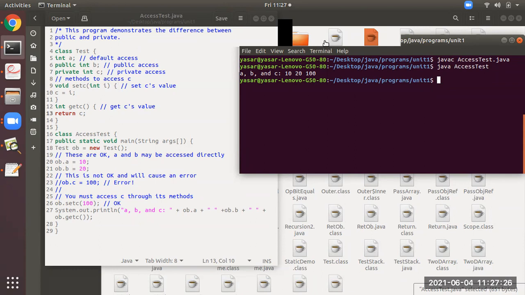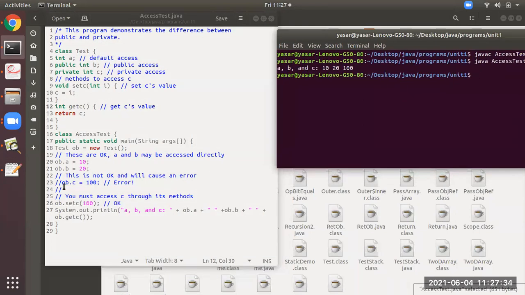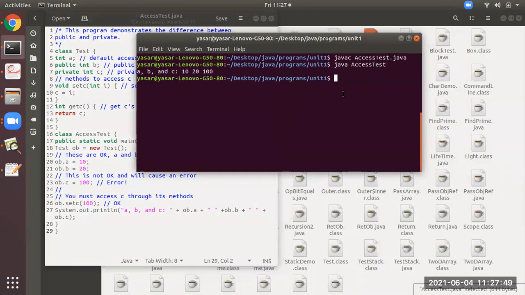Now, what you should do is practice this program by removing this comment, ob.c equal to 100, and assign it. And here, remove this function call and write just ob.c. Now compile this program, and straight away you will get an error.